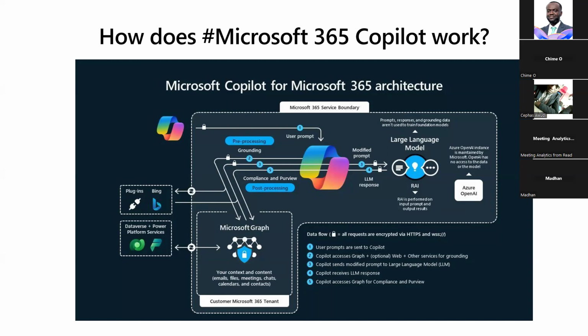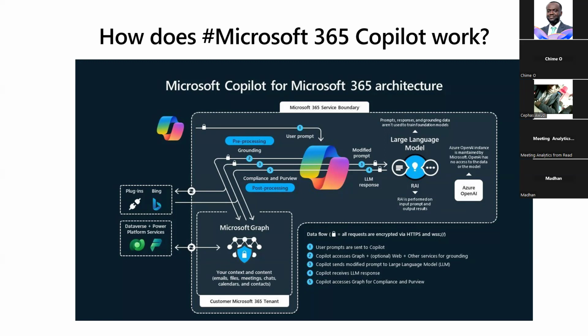So then it will go down into looking at all the files and the text from your input files. It will look around the whole, let's say we'll call it Microsoft Graph. Yeah. So this is where it looks at all your language models. It processes it. Copilot only will be able to access this data anyway, right? It will take that response from your large language model, and then post-process it. So that's how this works, right?